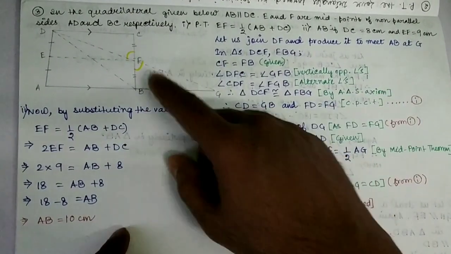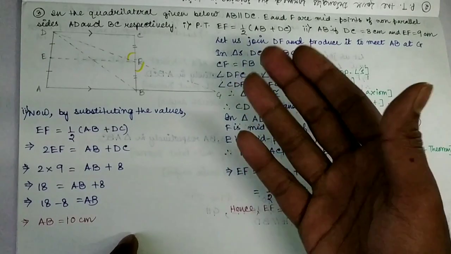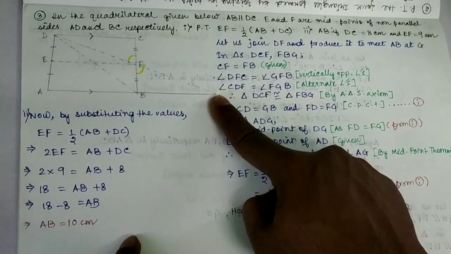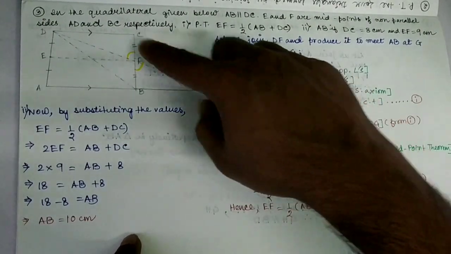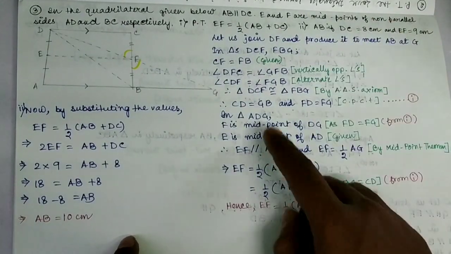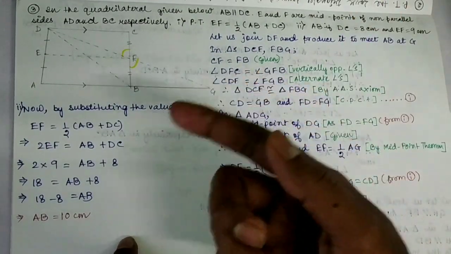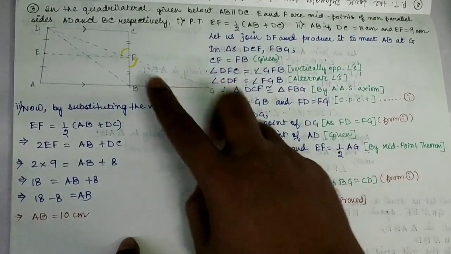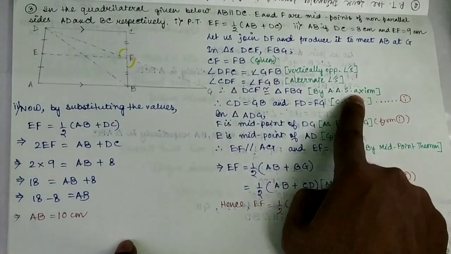Next, all of you see, angle CDF will be equal to angle FGB. Why? Because they are alternate angles. Now how can you understand that they are alternate angles? As you all know that DC and AG are parallel lines, and then this DG will be the transversal, and in a transversal, this point and this point always form alternate angles. So here we have got 3 parts which are equal for both the triangles. From here we can conclude that this triangle and this triangle are congruent. And by which axiom? We have got 2 angles equal and 1 side equal. So the axiom will be the angle-angle-side axiom.